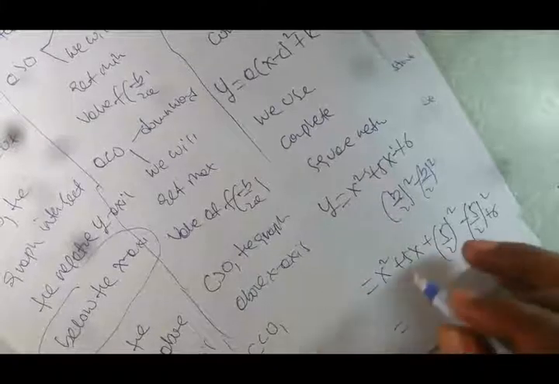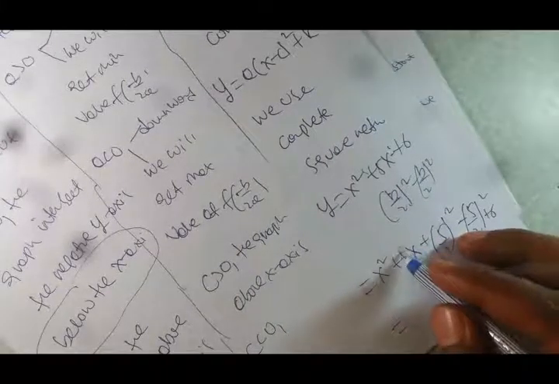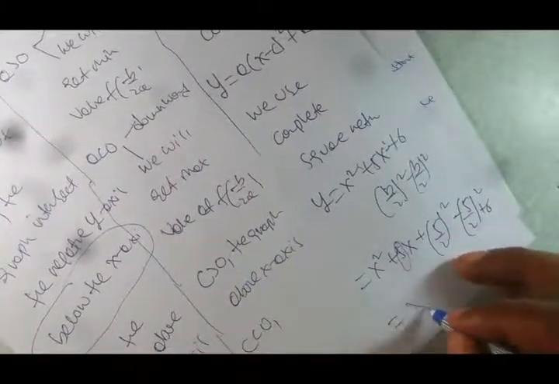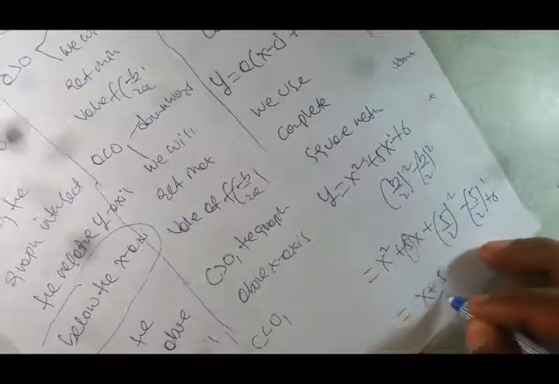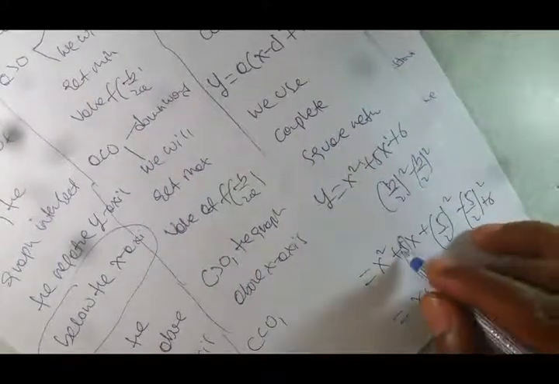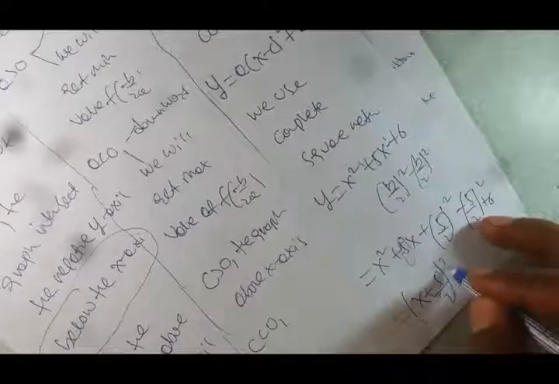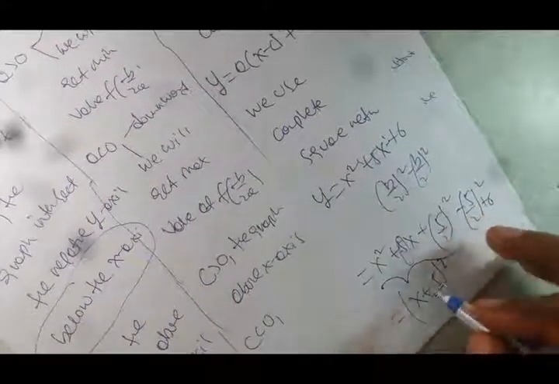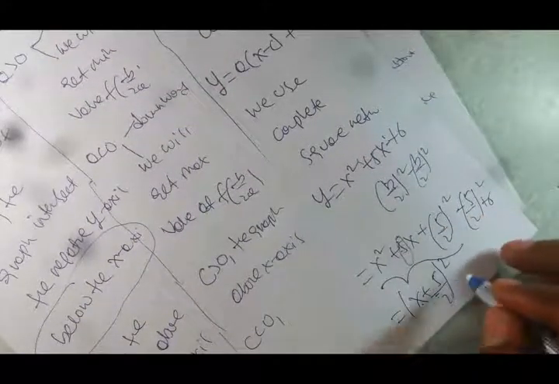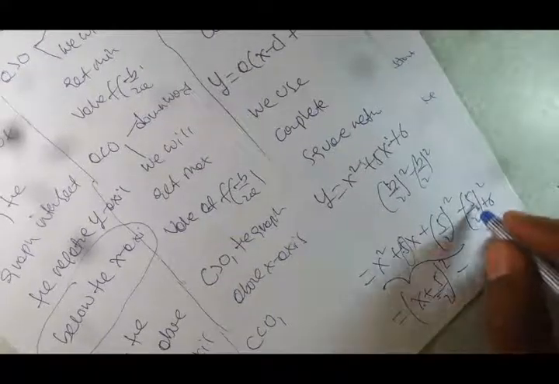This is equal to (x plus 5 over 2) the whole square minus